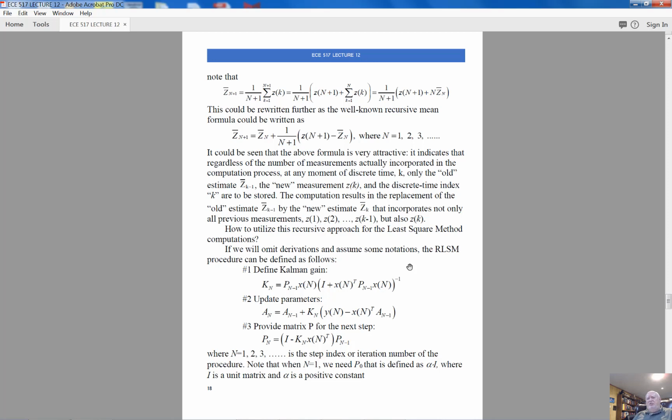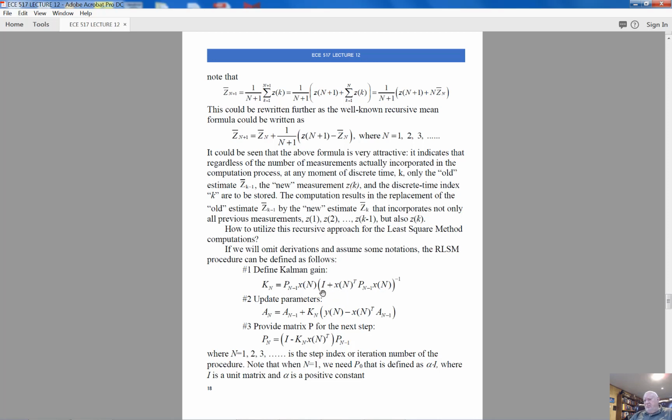Step number 1 is to calculate Kalman gain. Everybody calls it Kalman gain to appreciate Kalman's contribution. We call it K. It has an index of iteration, or index of step of the procedure. It is equal to some matrix P. It's a square matrix, and it's supposed to come from the previous step of the procedure, times the new measurement, or vector of new measurements, xn, and then